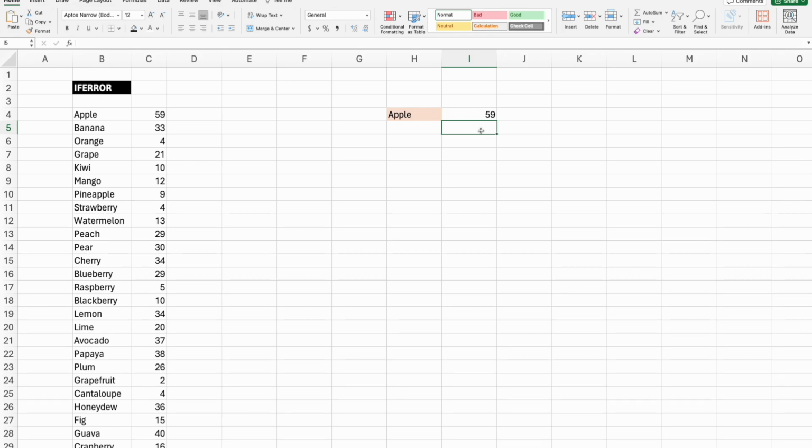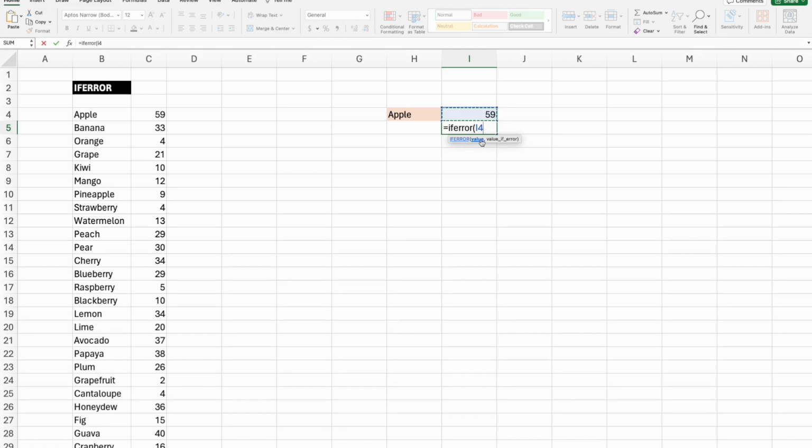So for instance, underneath here, you have apple 59. We're going to put a formula in here, equals IFERROR. Be sure to spell it correctly with all of the R's in there. Otherwise, the IFERROR will also create an error if you do not spell it right. So what's the value that we want to look up? In this case, we're just going to reference this cell here because we know it's a formula. And